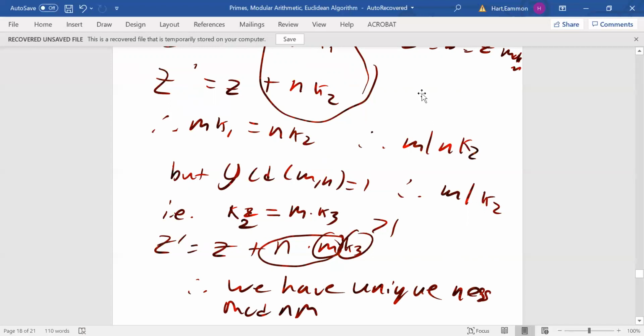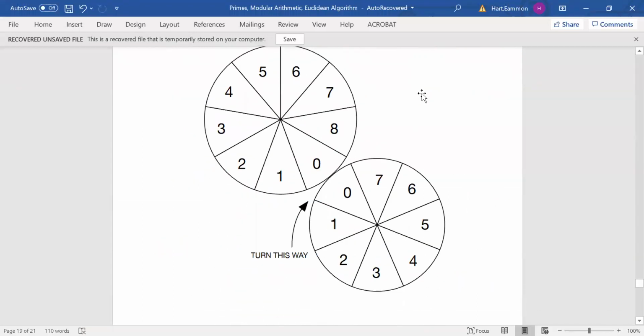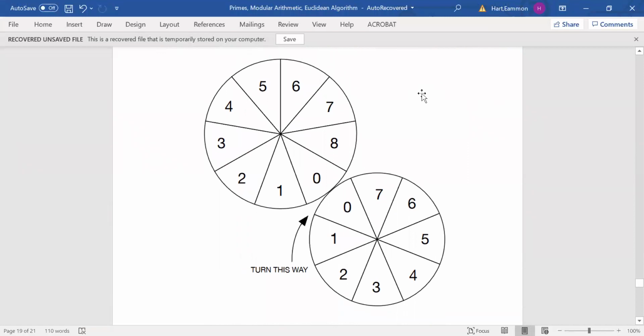So you can go through and do the Euclidean algorithm to actually find this. I'm going to attach some videos of people actually going through and doing that that I think will be good for you to watch. There's also a geometric way to think about this, and you can just keep track of how many times you turn this wheel, and that will give you the answer of what is the number mod, or the number